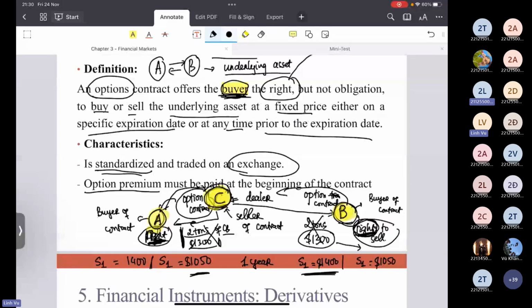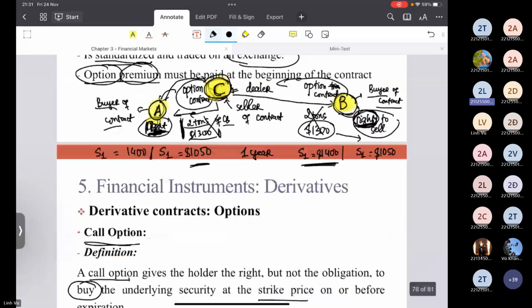So you can see that the buyer of the contract has the right, okay? And in order to have that right, they have to pay some option premium to the seller of the contract at the beginning. So this party C here will have some premium, some fee from the option contract, and party A and party B will have some right, okay? And yes,